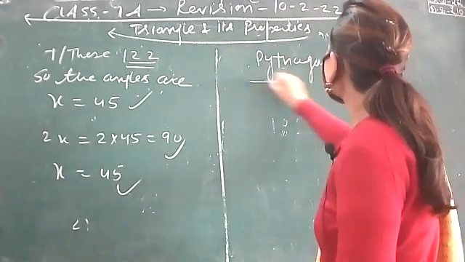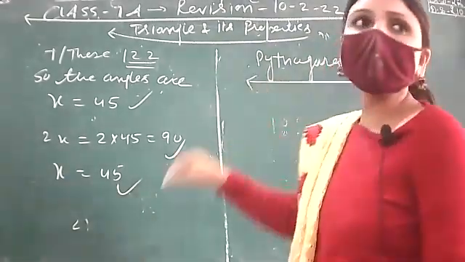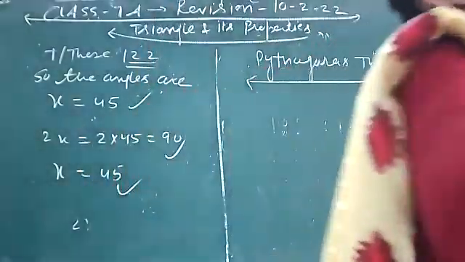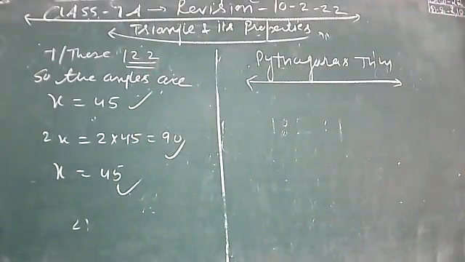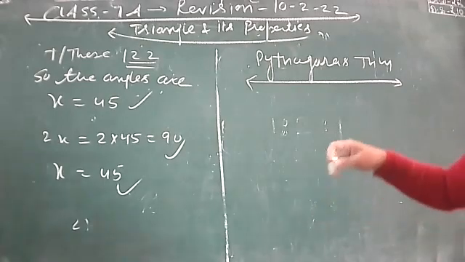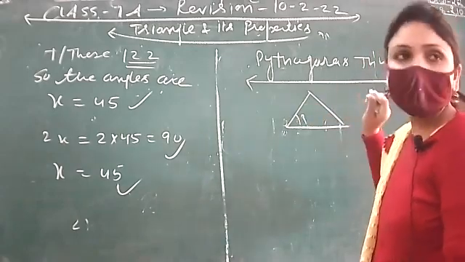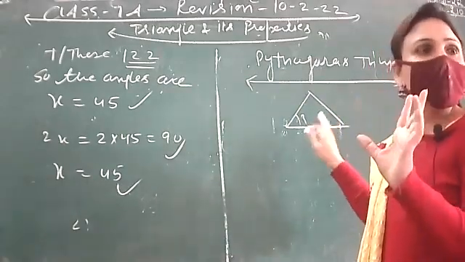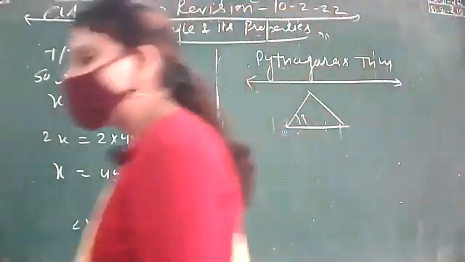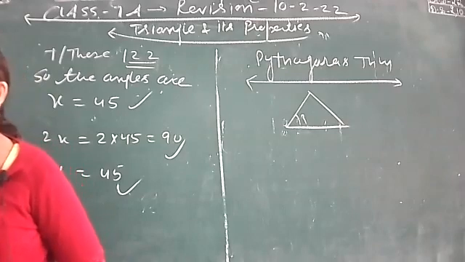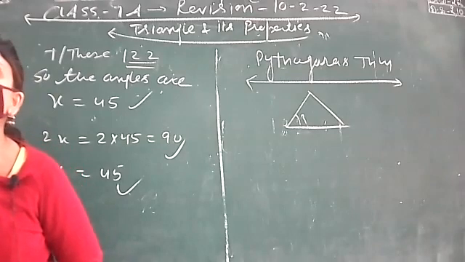So we did Pythagoras theorem. In what kind of triangle Pythagoras theorem will be used? जहां जहां गुड़ चीनी वहां वहां चींटियां, और जहां जहां 90 डिग्री वहां वहां. You know, if we talk about a triangle, we say that one angle of the triangle is it always equal to the sum of the other two? देखो, think, discuss and write 127 page पे one think, discuss, write is there. Before starting the Pythagoras theorem, we will discuss that.